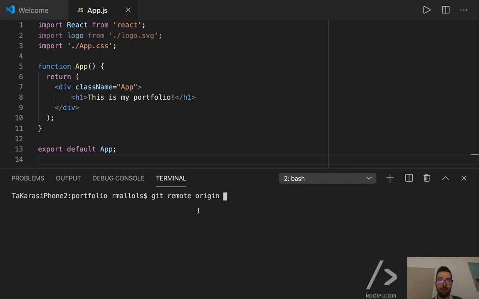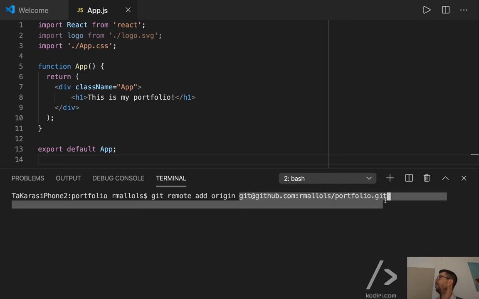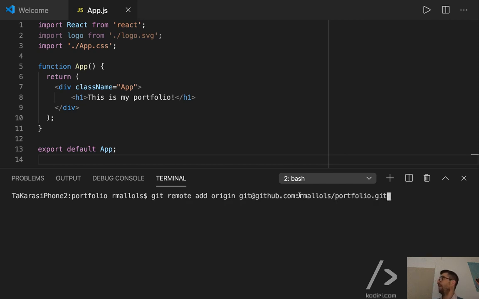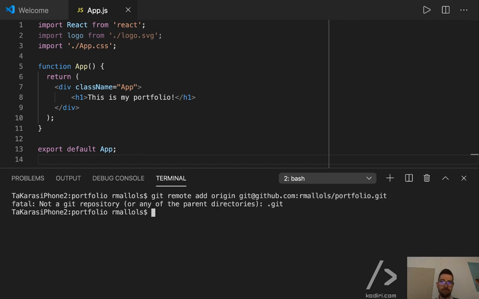And then git remote origin, I think it was origin add, or it was add origin. Git remote, I think it was, no, it's the other way around. I think it was git remote add origin. So that's git remote, go to the cloud and add the origin branch. That is the default one. Okay? And finally, you paste the direction in the cloud of, first of all, your GitHub username, and then your project name, portfolio. So if you press enter,